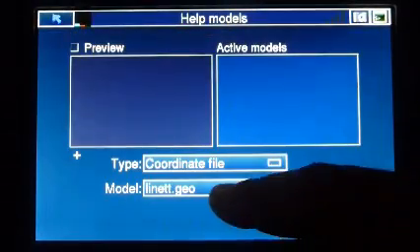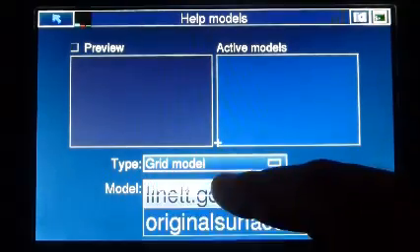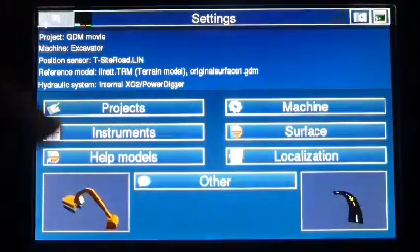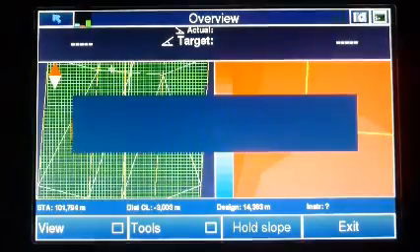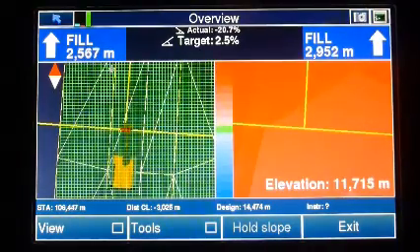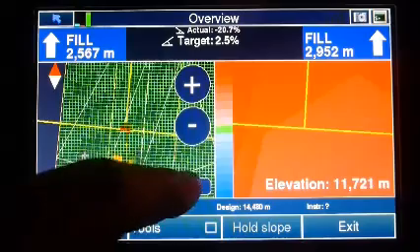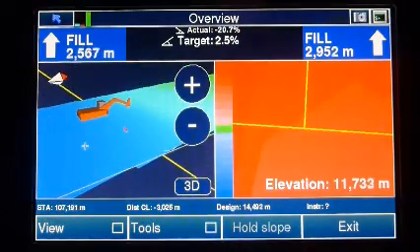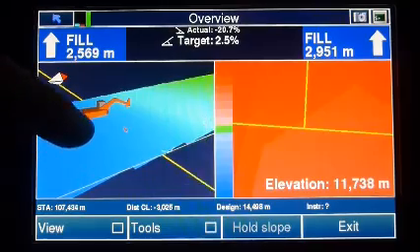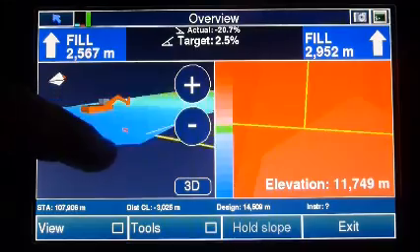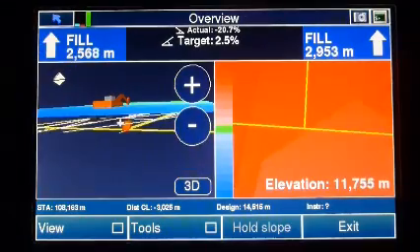Help models. I select grid model, original surface 1, activate it. I go back again and into dig. So now you can see on the left hand side there is a green grid. I can slew this one around. I can put it into 3D mode, and now you can see that my surface is above me, or it's above the bucket. The bucket is underneath. The triangles here are the road,